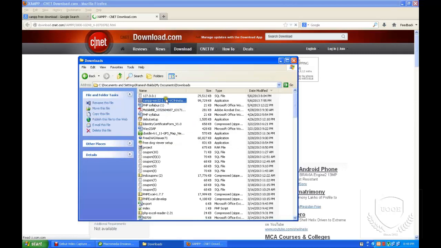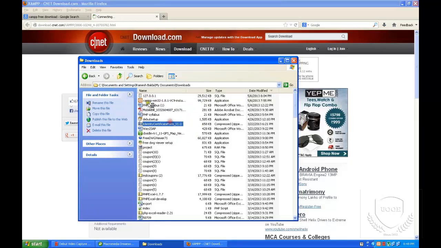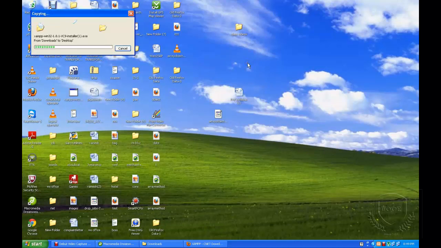I already downloaded it here. Just open that folder. I'm installing it here. First of all, I'm copying this XAMPP software to my desktop. This is how it looks when we download it from online.